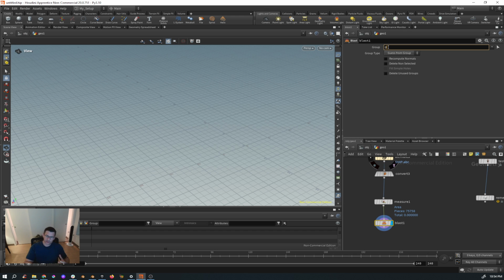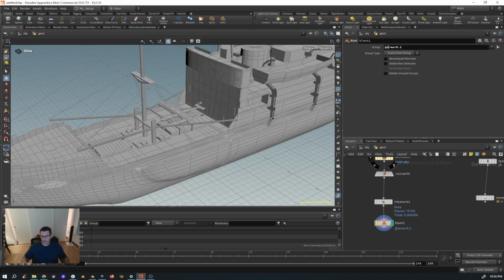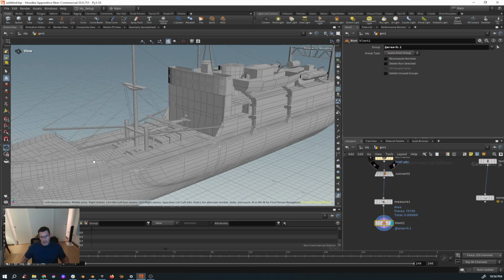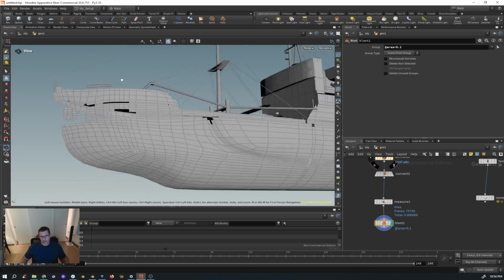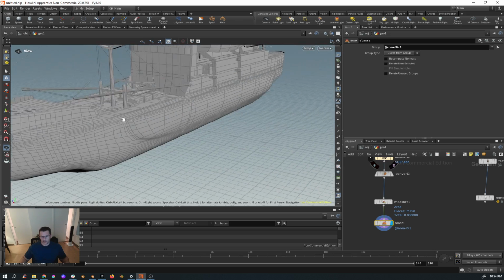That's the thing about Houdini. You have these little codes that help you here and there. You can tell it area less than 0.1, for example. And then you start to see that it will start to remove parts of your ship,